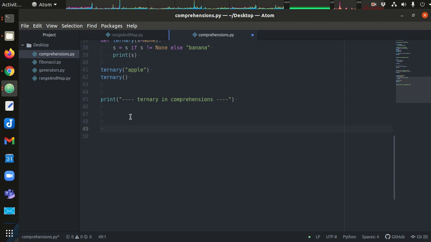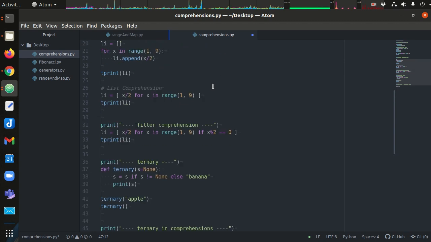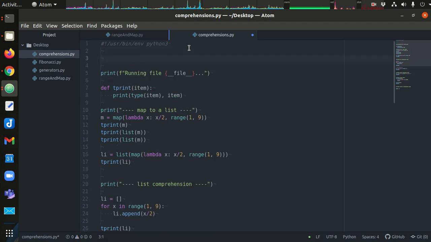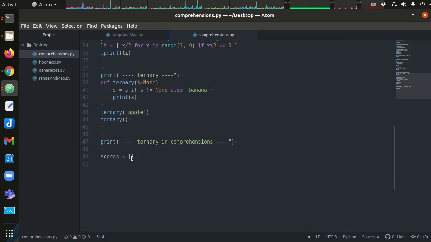All right, so for this, what do we want to do here? Let's simulate some scores. I'm going to make a list comprehension. Let's import the random library. I'm going to generate some random values here in the list comprehension, and you can do this however you want. I like to start with my for loop. So for, what do I want? I want probably a few scores here, so 10 scores maybe. So for i in range 10,